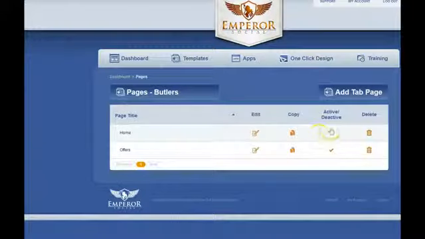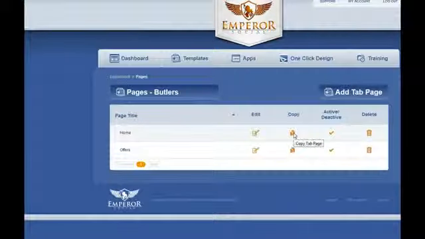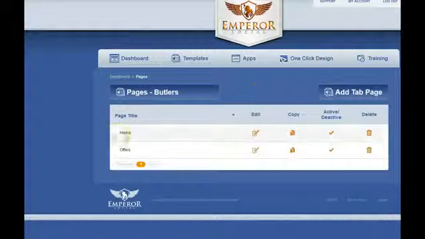So you've got options to activate, deactivate, delete, copy a page, edit a page, whenever you want. The copy page is useful because if you want to clone a page exactly, you could do that without having to do the design again. There's also the option to save the page as a template to use later as well. So there's two ways to do that. But I'm just going to jump in here now. So I'm going to click edit,